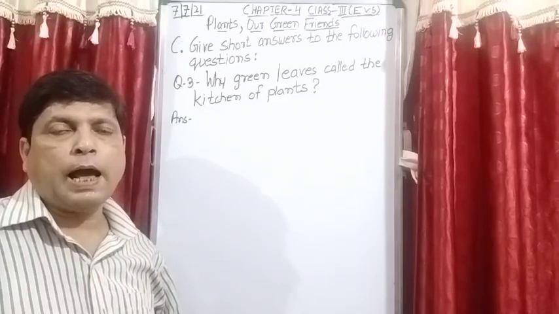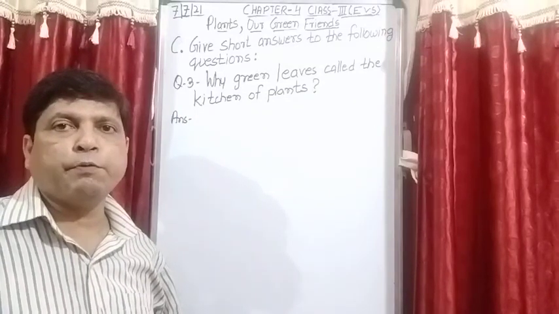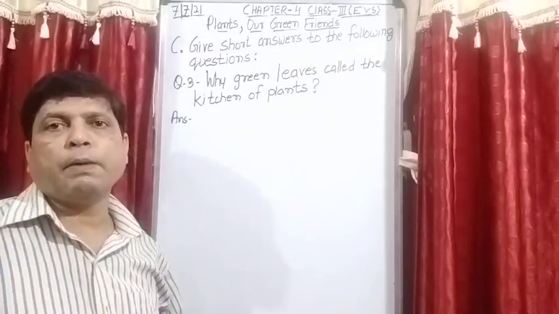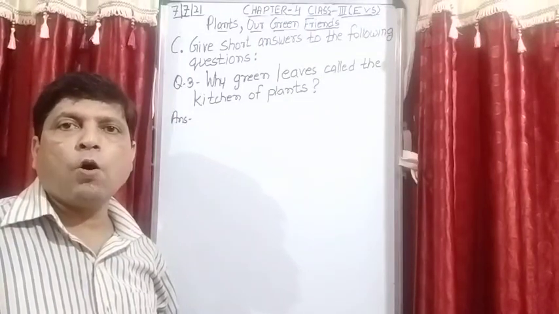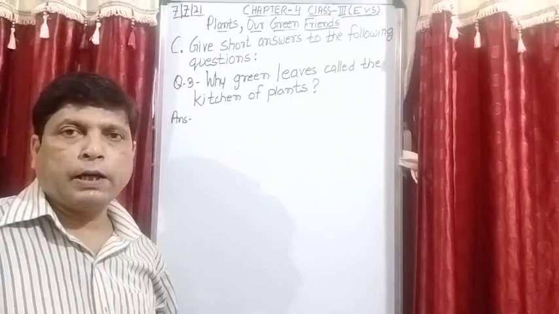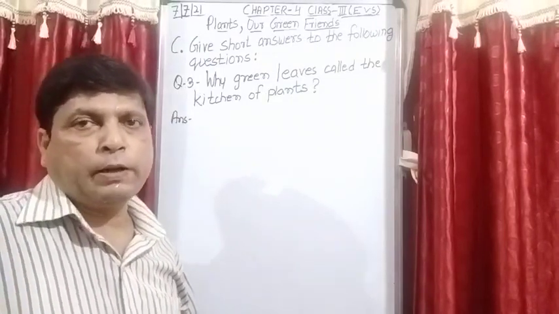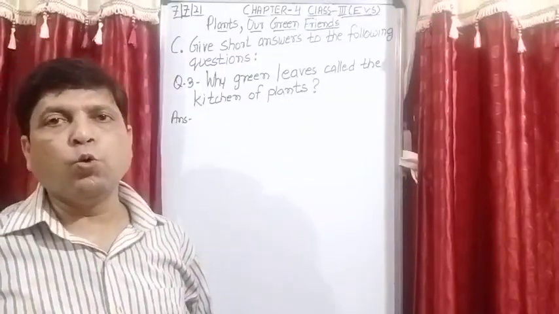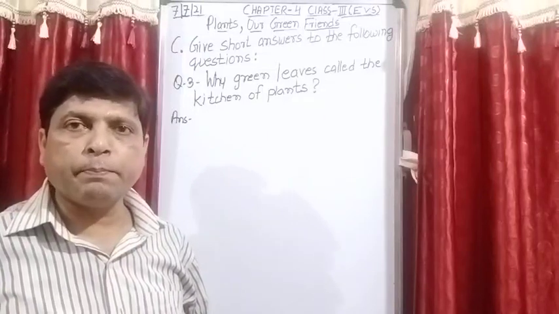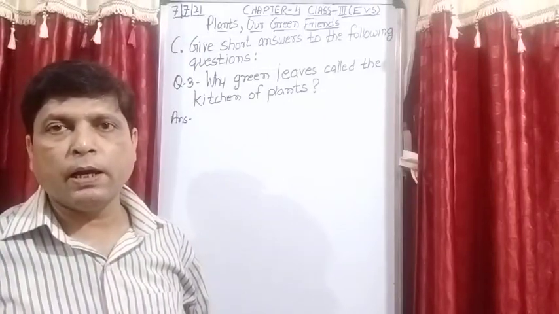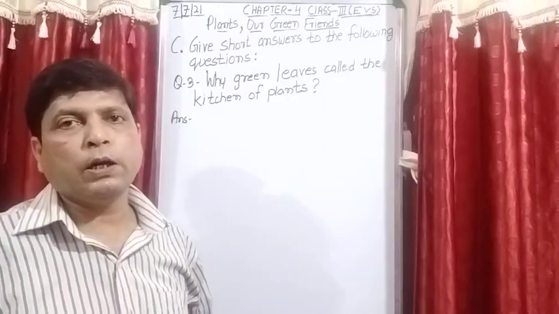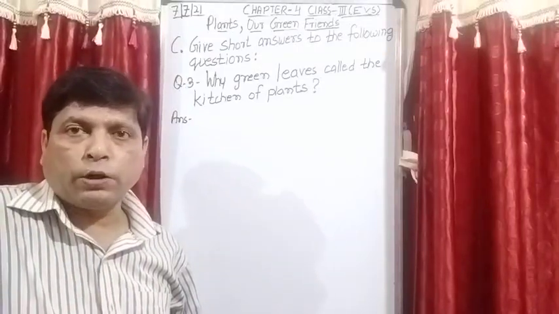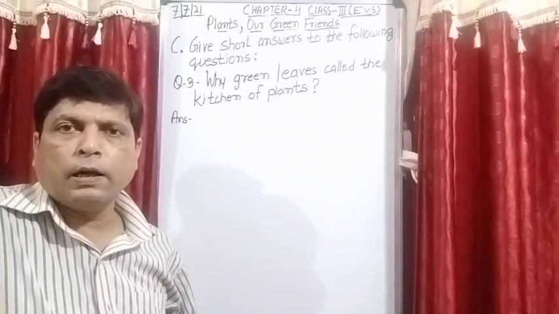What is their role? Exchange of gases takes place when the plant prepares the food. Through this opening, carbon dioxide is taken in by the plant and they release oxygen. And water, how do the plants get it? Water is absorbed by the roots, because roots are in the soil. After absorbing this water, the roots pass it into the stem, and then the stem transports this water to the leaves.